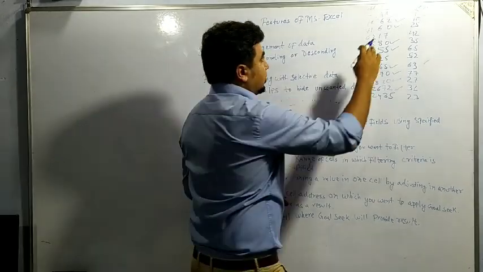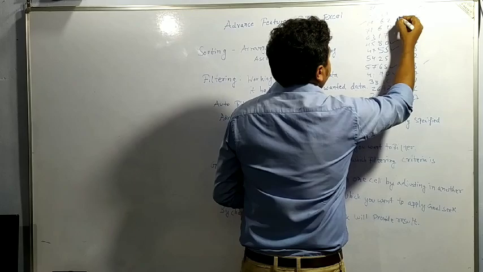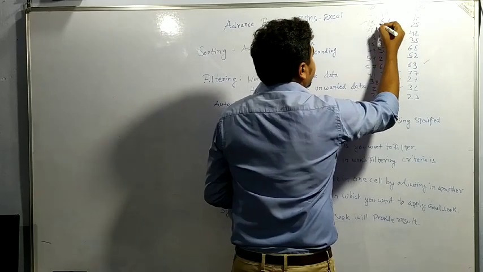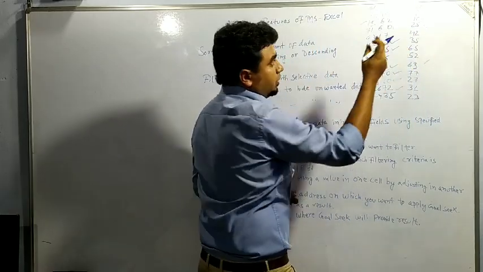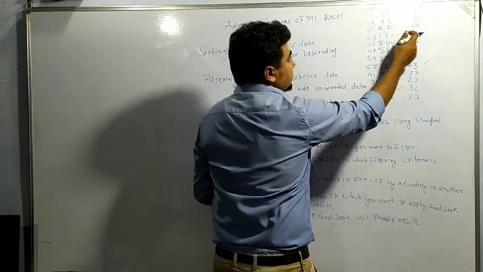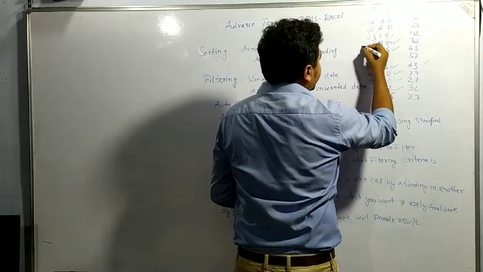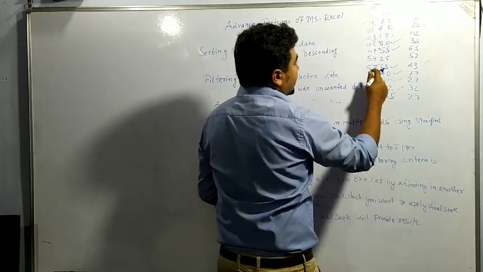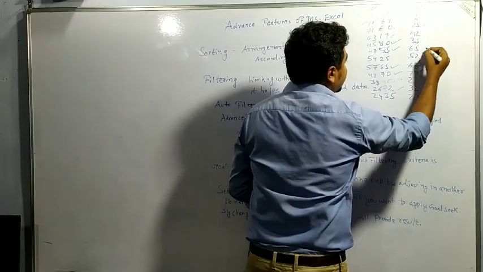Means I have to check whether all three conditions are true or false. Here it is true, and here it is also true: 60 is more than 35 and 70 is also more than 35. Here 71, 60, and this is not less. This will not be selected because 25 is less than 40. Here in maths it is less, though in both the other subjects it is more. That's why it will not be selected. You have to see that all three conditions are satisfied. Here 40% marks, here it is more than 35, and here it is less, so it will not be selected. Here it is more than 40, more than 35 and more than 65, so this will be selected.